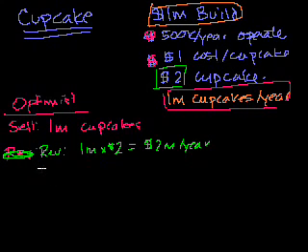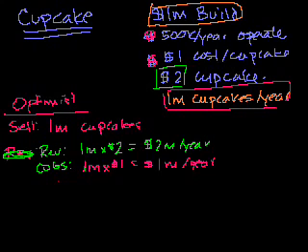What are my cost of goods? Cost of goods, and I'll write the common acronym there, COGS. This is what you'll see if you actually look at income statements for public companies. You will see something like cost of goods or variable cost, but usually cost of goods or cost of services is what you'll see most often. So I have 1 million cupcakes times my cost per cupcake, $1, so it's $1 million per year.